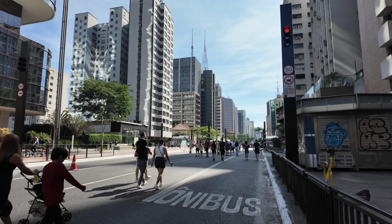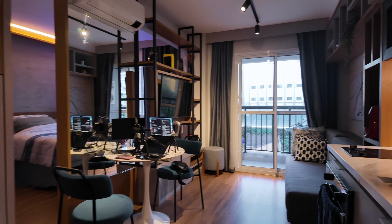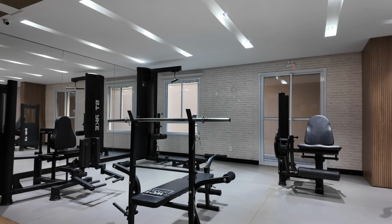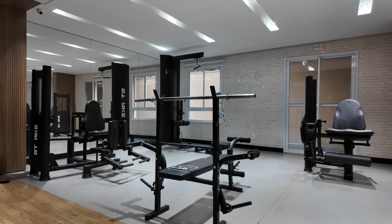I'm living and working remotely from São Paulo for 6 months, more specifically this apartment. So I'll give you a tour. I'll show you what you can get at this price, the location. There's a co-working space, gym, terrace. I'll give you a full tour of the apartment so you know what you can expect at this price, $1,000